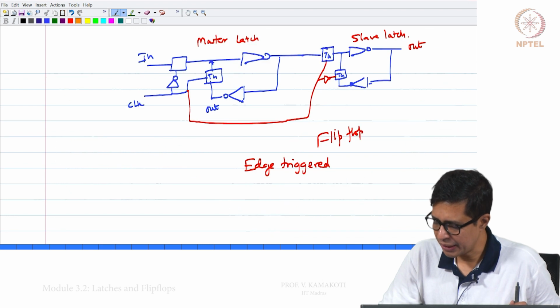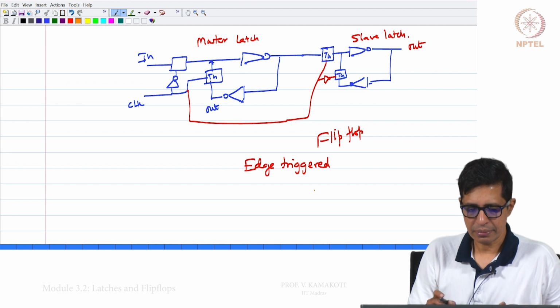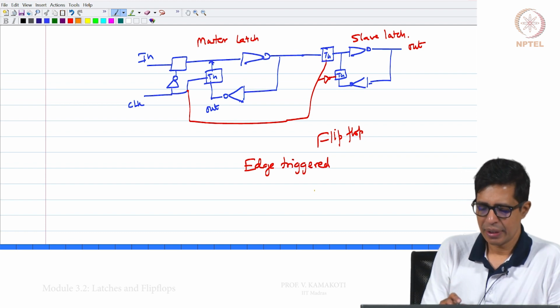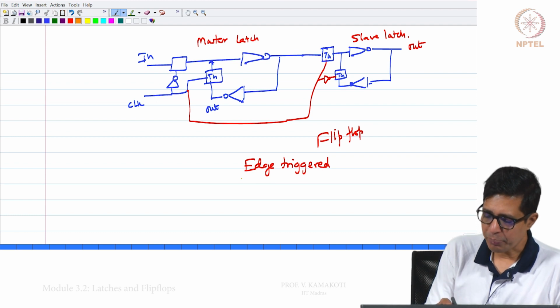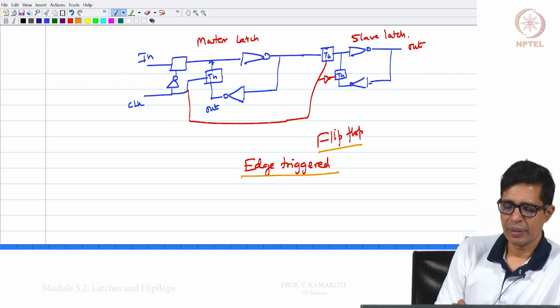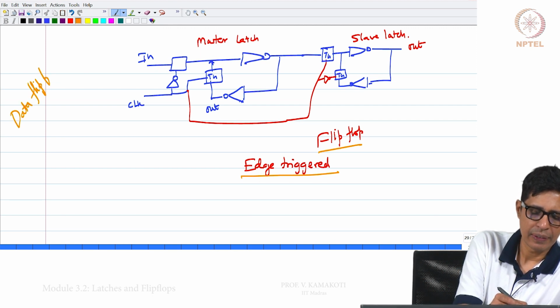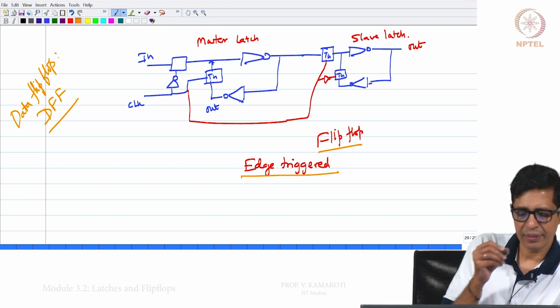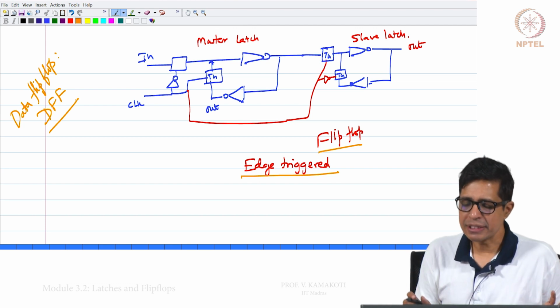Now, let us go to the next part, what we call the flip flop. What we are going to see is called a data flip flop, or DFF. How does this flip flop look?